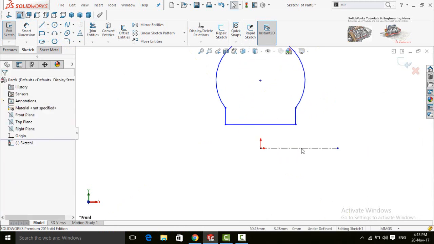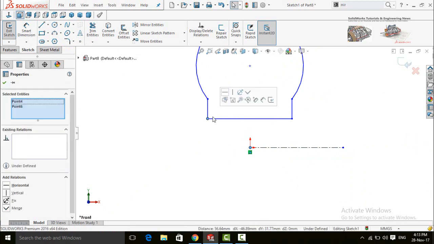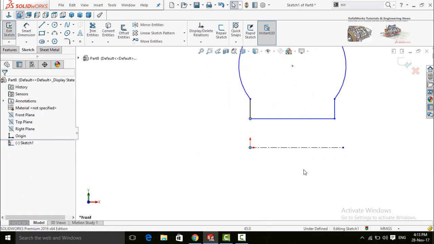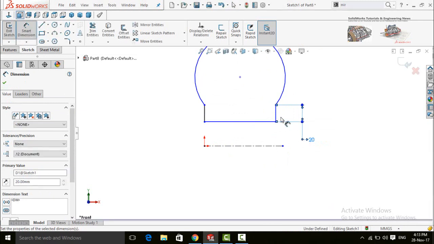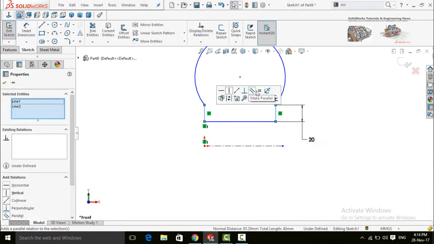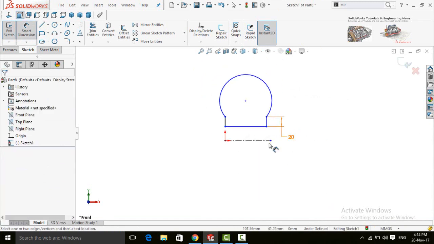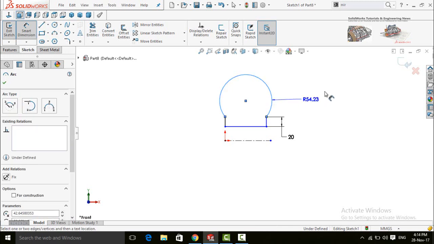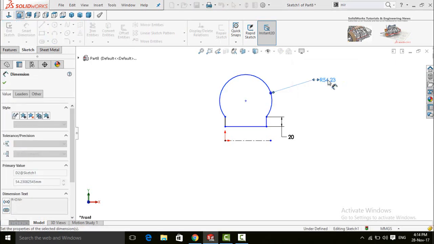Press escape button. Now press and hold the control key on your keyboard and select both of these points. Make them vertical. Now define them to 0 millimeters. Select both of these lines and make them equal. Now again define the radius 80 millimeter,